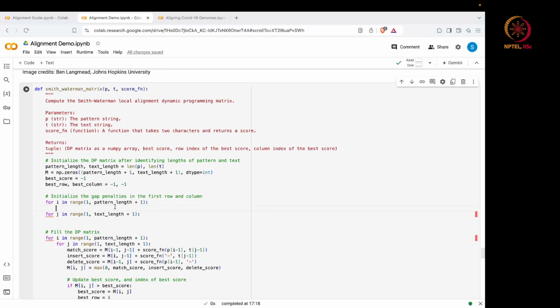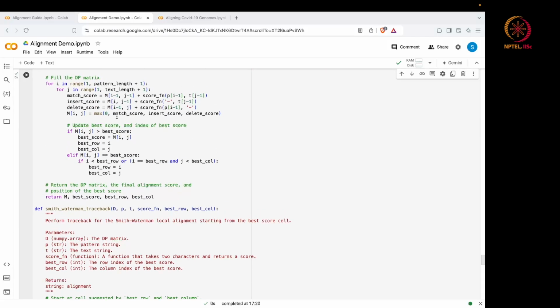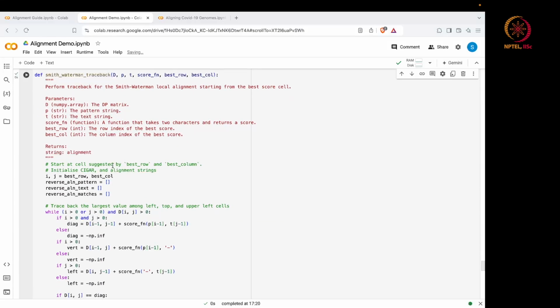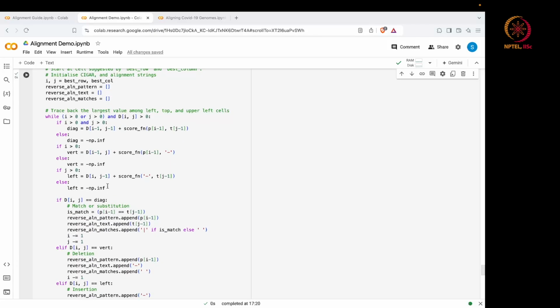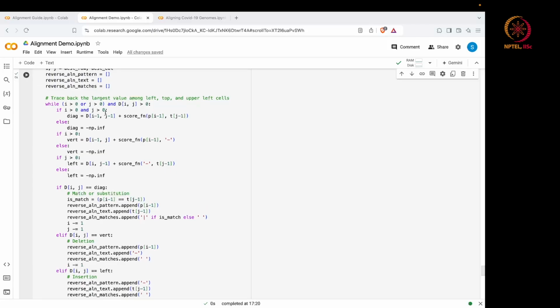So the only thing that changes here is once again the initial conditions, and this time they are easy. The initial conditions for the first row and the first column are both that they are all 0. So let us see what happens when we compile this. Nothing else changes in the code. Once again we fill the entire DP matrix, and we have to compute the traceback just like before, except that we have one additional condition while computing traceback. We stop when we see the first 0, and that is modeled over here with the additional condition that Dij is positive,